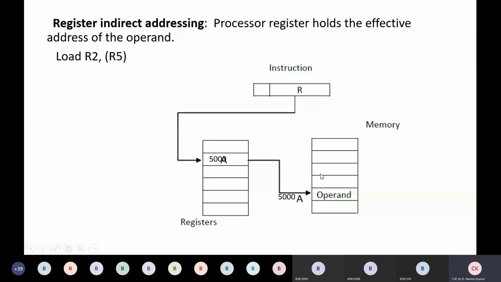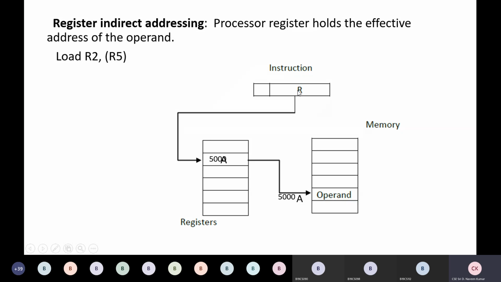And when I put R5 in brackets, then it is register indirect addressing. So here what happens is it does not directly locate R5. Actually it points to some address. That address will be pointing to the R5 register. So here you can see, for example, R5 in brackets. Here we have the operand. Then actually this will be pointing to some address, and simply we can say here we have 5000.